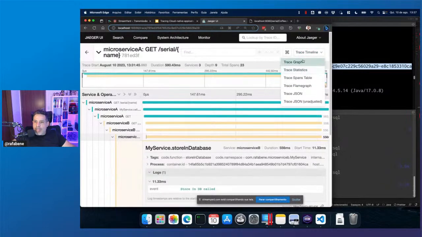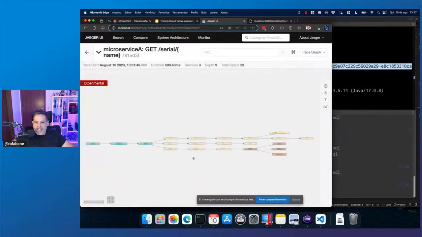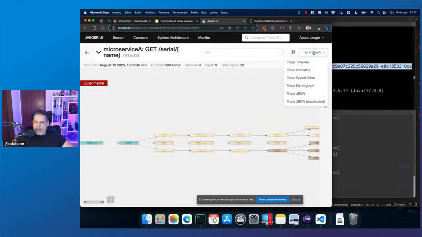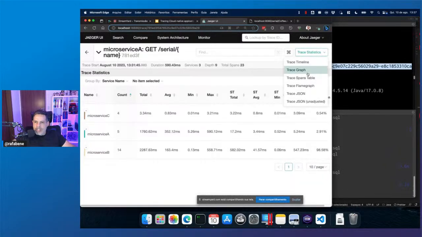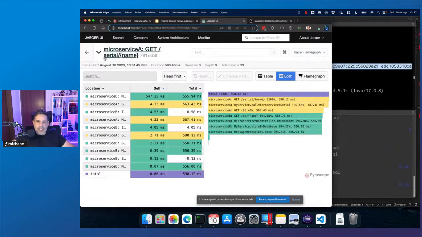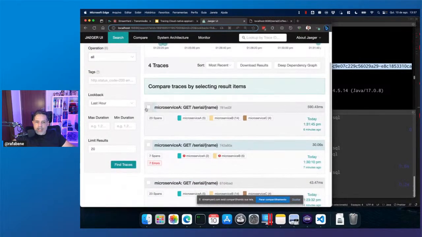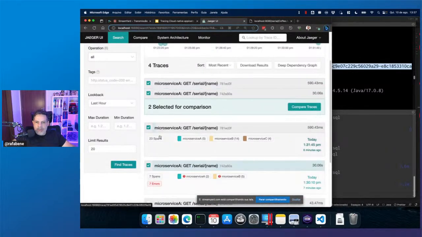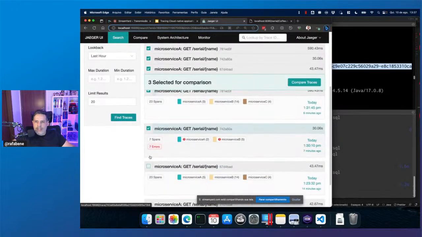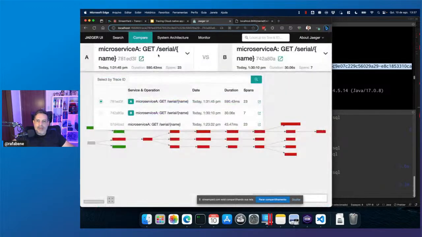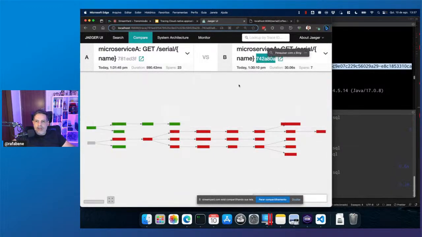We can even see here the name of the header, the name of the trace. By the way, in Jaeger you can change here to graph. If you want to have a statistic, flame graph, etc. Another feature of Jaeger, by the way, is that you can compare 2 traces. Okay, so I can select 2 or more traces, and then you can compare and see what happened. This is really nice. And here you can see the details of each span.